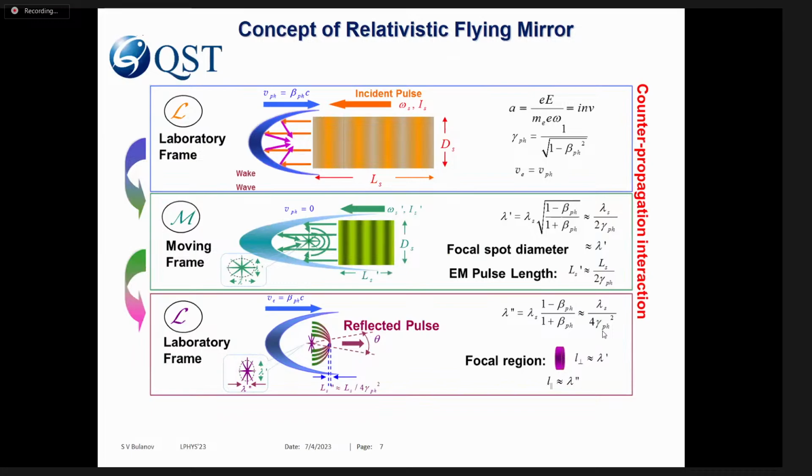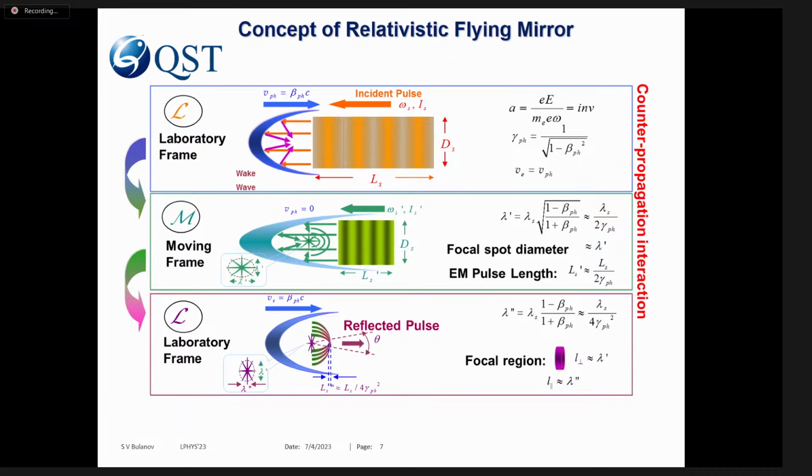And I can remind you how it happens, the basic principles of scaling, how to find the scaling of an electromagnetic wave reflected from the paraboloidal mirror, which appears spontaneously due to transversal homogeneity of the laser pulse or due to the structure of a wake wave, or is prepared another way. In the laboratory frame, we have the incident laser pulse with given frequency, in this case omega s, and intensity is. Then in the frame moving with the velocity of the mirror, the mirror is stationary, but with different